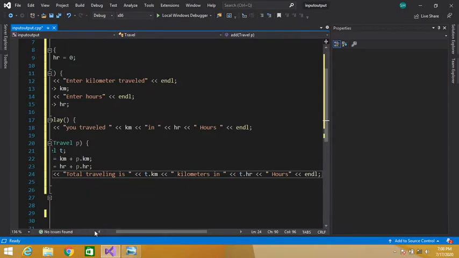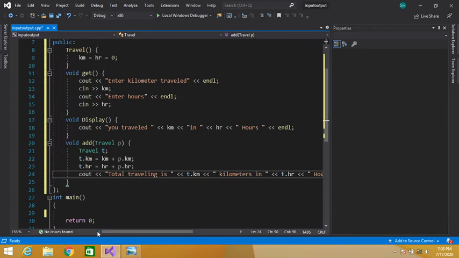So we have displayed here our total traveling in kilometers and hours.